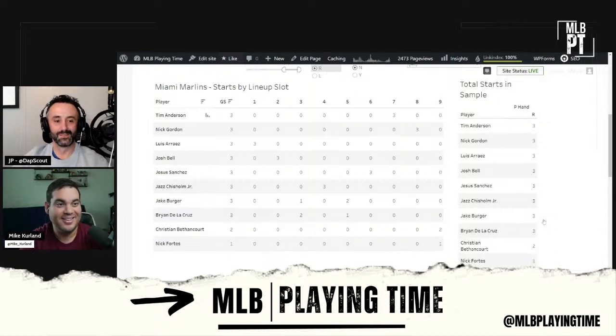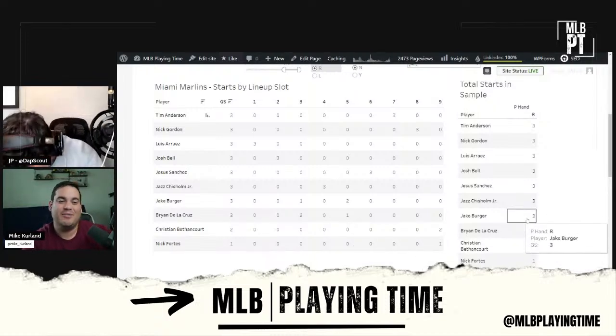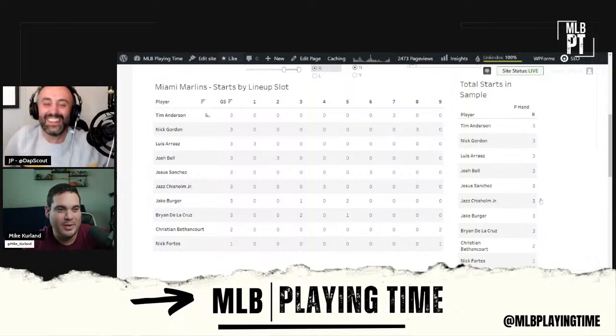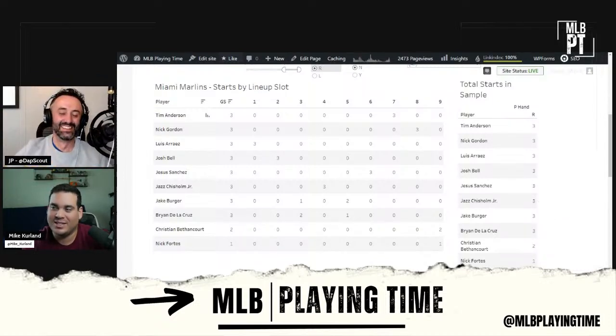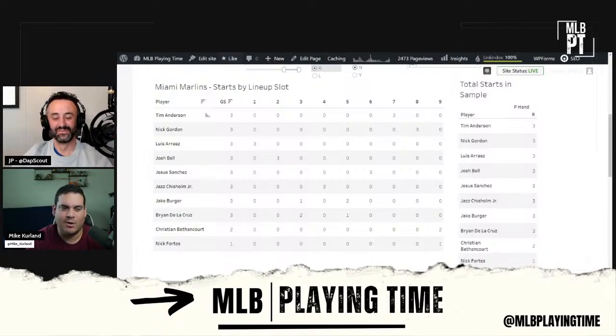They suck. Avisail Garcia is awful, and he's always been awful since we got him in Miami. And I say we because I'm a Marlins fan. But yeah, he's a weak side platoon guy. He hit a home run the other day, but he is god awful. He's a waste of space on that team, and I wish they would cut him, but I am grateful that they said, you know what, you suck. I don't care if we're paying you like $15 million. You're a part-time player at best.